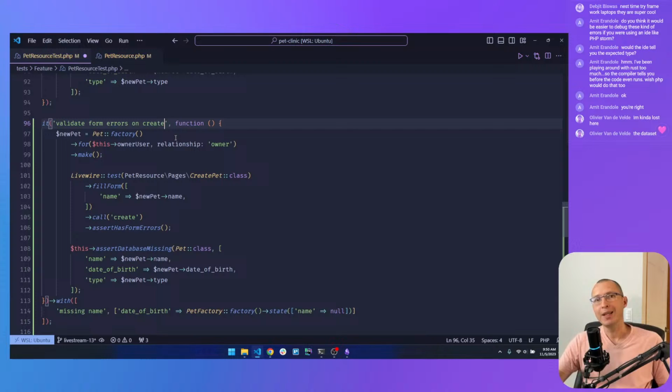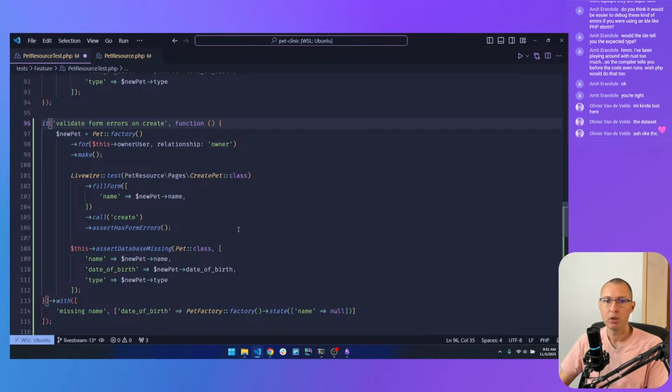Instead of me creating three tests, and on those three tests unsetting each of those fields, I can create one test and then use datasets to pass a pet factory with a missing name, a pet factory with a missing date of birth, and a pet factory with a missing type. And all of those will be received here.